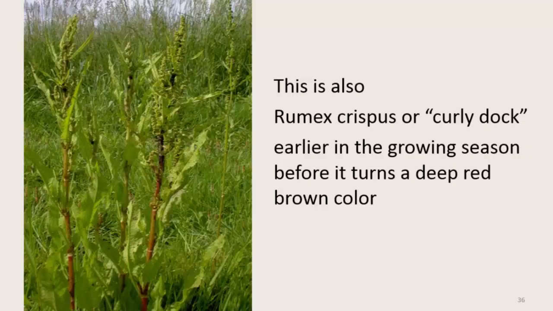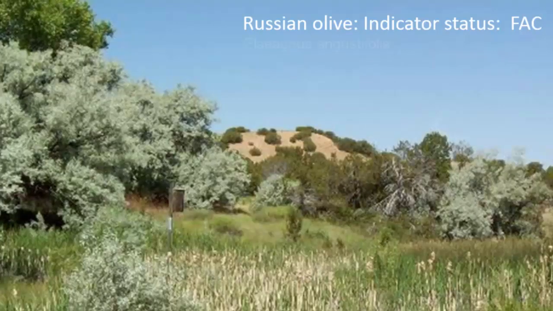As stated earlier, the time of year can make a big difference in what different plants look like. Curly dock doesn't stand out as much when its leaves are green before it has mature seeds on it. Russian olive trees, Elaeagnus angustifolia, have very gray-green leaves with some of their limbs growing close to the ground. They provide excellent cover for ground-dwelling wildlife, but because they are a non-native plant and grow aggressively and shade out other plants, many biologists don't like them because they decrease the diversity of native plants around them.